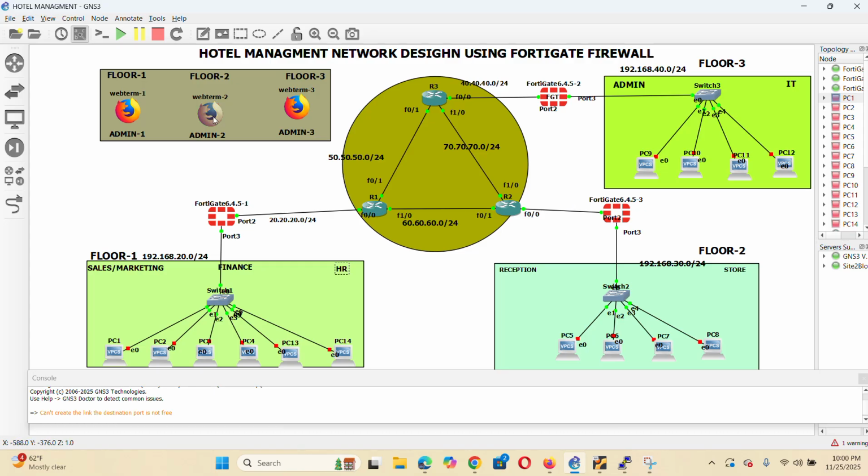There are also three FortiGate firewalls, three Cisco routers, and three web browsers that we can use to administrate the firewalls. Network administration is crucial for securing and optimizing network environments, and understanding tools like the FortiGate firewall is